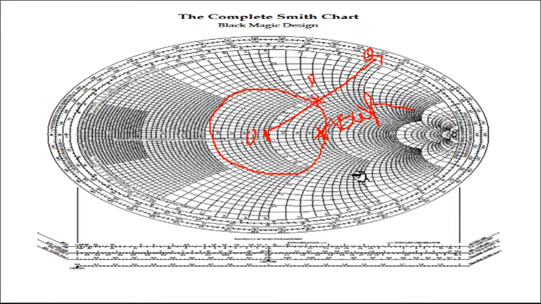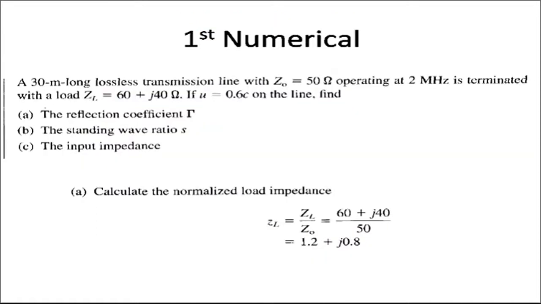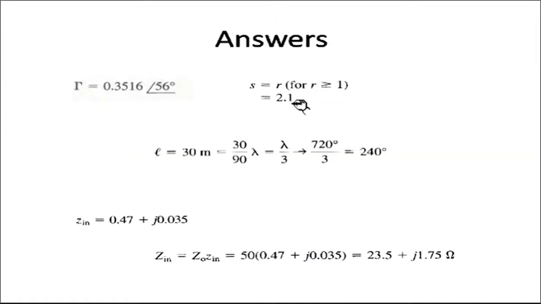If 3 bits need to be calculated, for every bit you will get 3 marks. So 3 marks for OPQ, measuring OP upon OQ and calculating this particular angle, and 3 marks for VSWR: with O as the center and OP as the radius, draw a circle, and mark the point where the circle touches the horizontal line on the right side. That point is the representation of VSWR. This horizontal line has a scale, you just mention that value, and that will be your final answer. So let's cross check the answer. The standing wave ratio is 2.1, close.